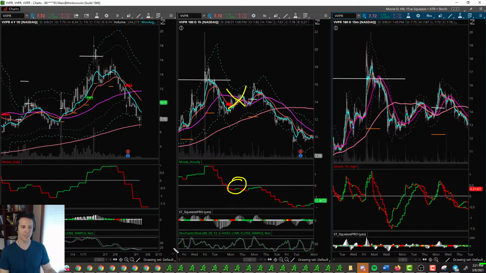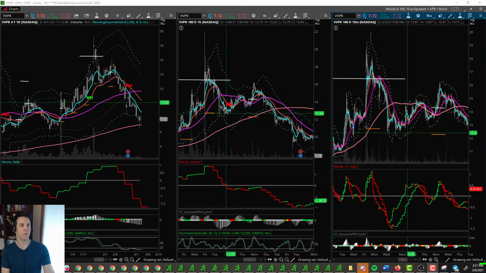Don't want to be taking this trade. And sure enough, we did not get into it. And look, very next day, price came down. So I was like, okay, good. I got this. This is looking pretty good, and we saved ourselves. Then what I was looking at is here's the double bottom. We saw the Moxie indicator come up, and we saw the Moxie indicator come up again. It looked really good. Held the 15-minute 50.